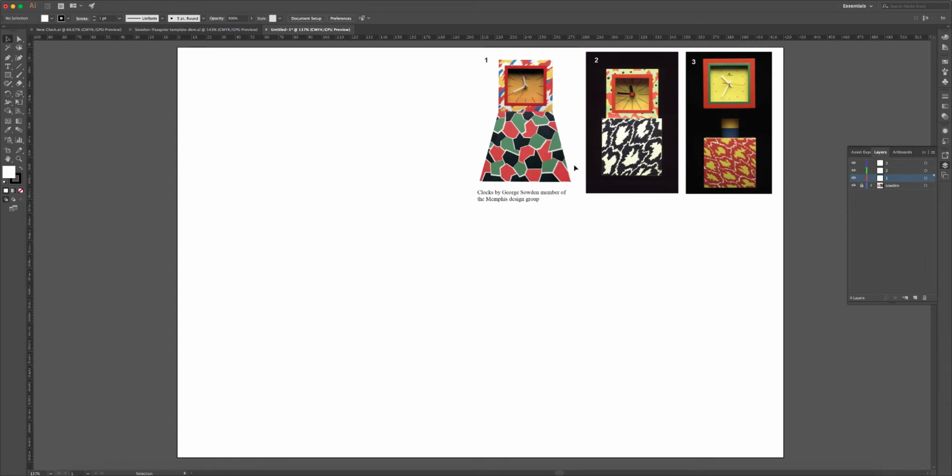Okay, let's begin the demonstration by drawing the front views of all three of these clocks by George Sowden. Let's start with the rectangle tool. The rectangle tool allows you to make any kind of rectangle. Clicking and dragging, but holding the shift key will give you a square. Okay, so what we want to do is draw a rectangle which is 100 millimeters across,